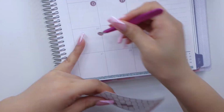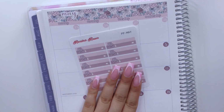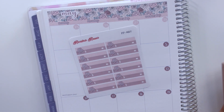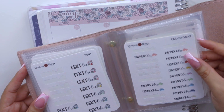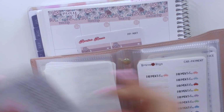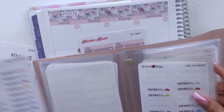All right, and then last but certainly not least, I'm going to lay down my bill due stickers. These are the Plum Paper May colored bill due stickers. And I have a couple of scripts that go on top of those. So I have rent, car insurance,